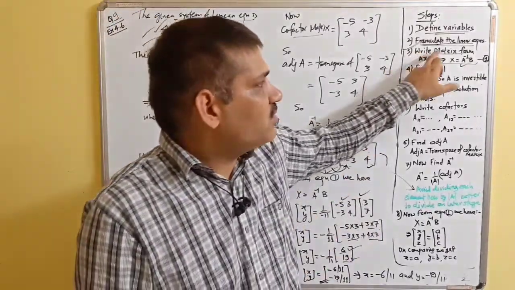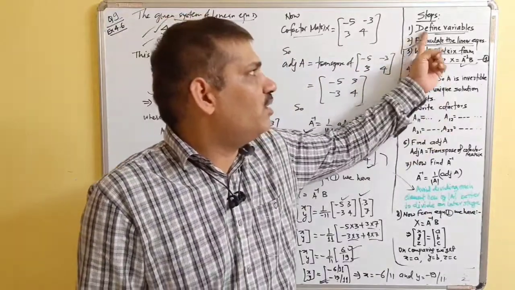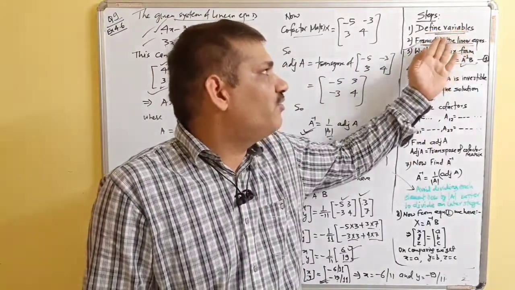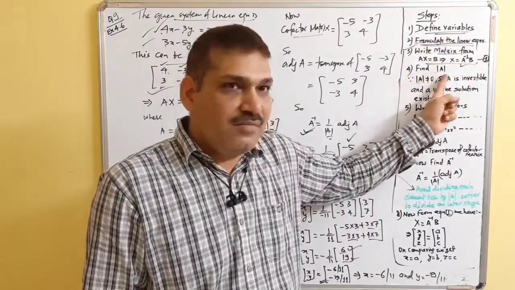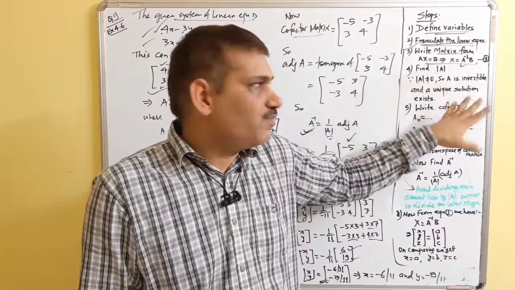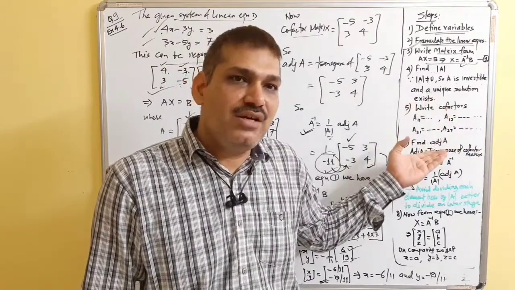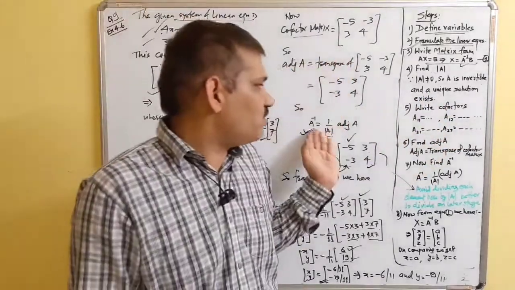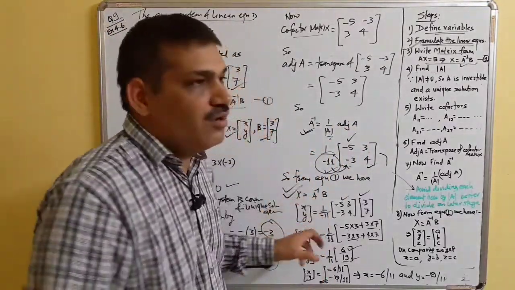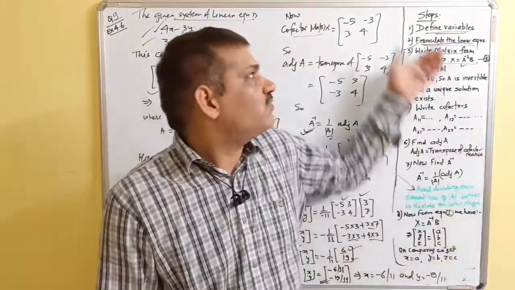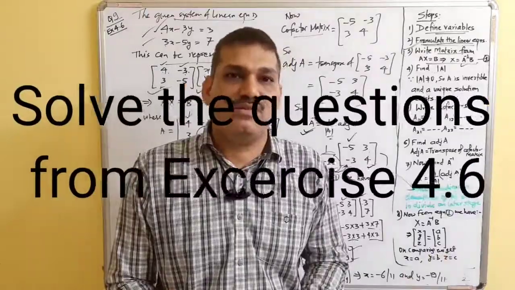If you are given the system of linear equations already, then you just write it in matrix form. And if you are given a word problem, then first define the variables, formulate the linear equations, then write in matrix form, then find determinant A. Determinant A must be non-zero, then only we proceed. And now write the cofactors to find the adjoint A, then find adjoint A. The A inverse is 1 upon determinant A times adjoint A, and for the final solution, X is equal to A inverse B. On comparing, we get x, y, z, and if it is a word problem, then the answer must be given in words only. That's all about this. Thank you.